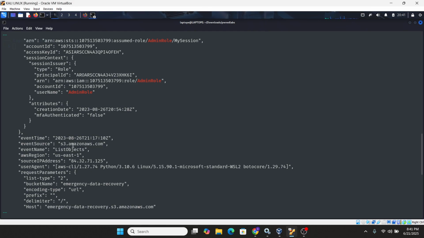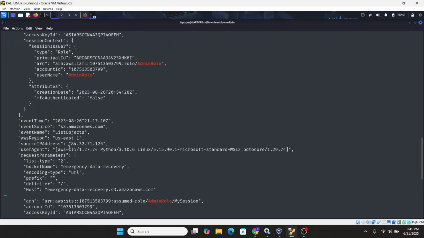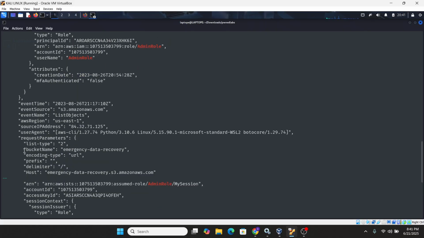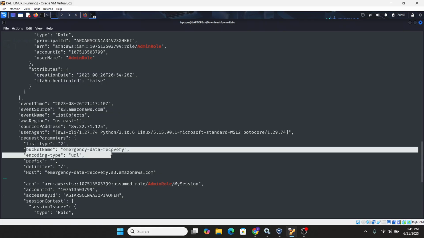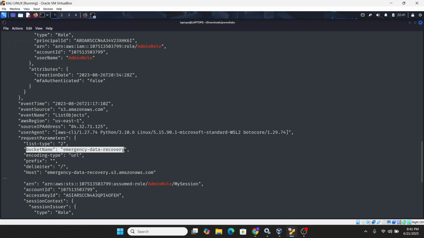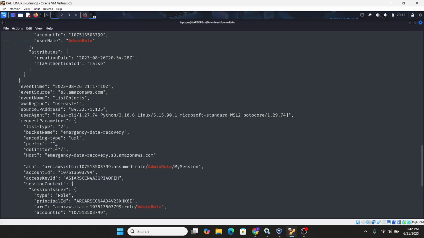It listed all the objects in AWS S3, and there was a specific bucket that it listed the objects from. The name of the bucket is emergency data recovery bucket. Let's proceed further.